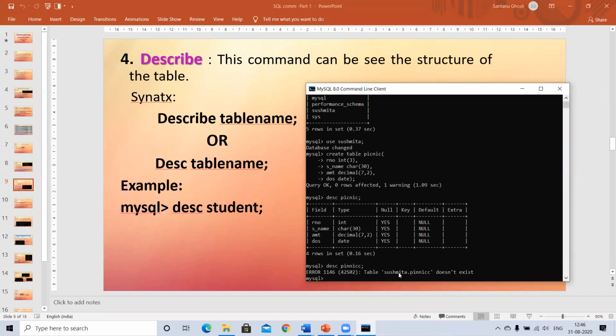So it refers to a database name dot table name like this, but I don't think I have ever been required to use it in this format. I'm going to go to my database and use my tables directly. I generally don't need to refer to it like this, but the machine refers to my tables and associates them to my database properly. Okay, so any mistake you make, this is how the error comes.